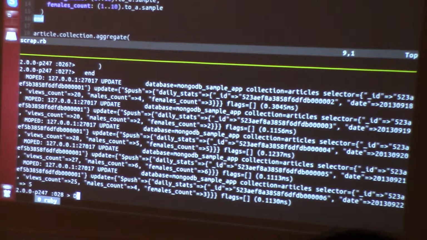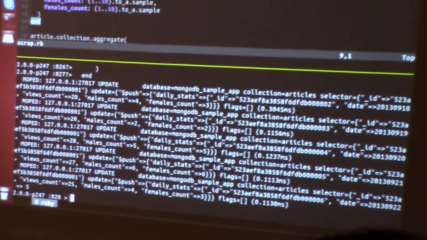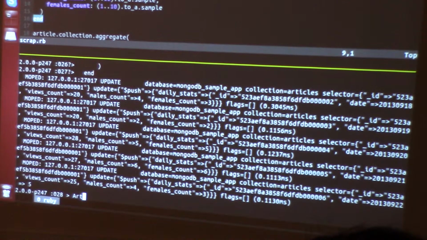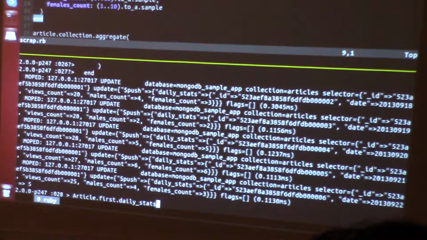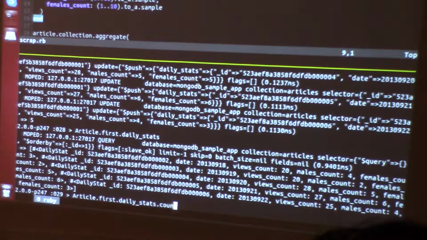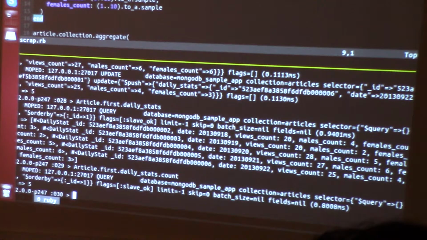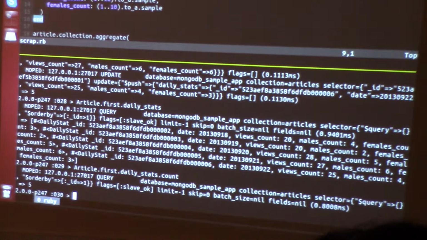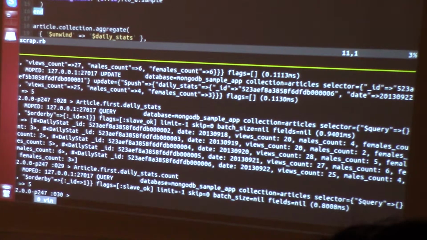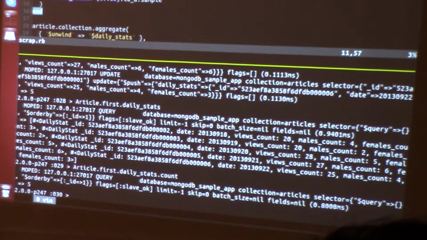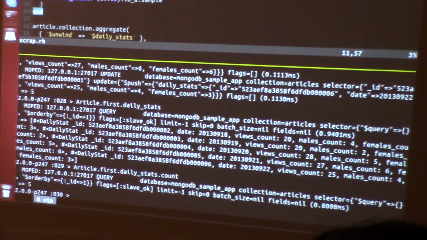So now, our daily stats is embedded in articles, right? So to access this, I will go article first, daily. So again, like AR, right? Active record, daily stats. Count. I got 5, right? And each one is on a different date. Why? Because my date format is actually like this, and I'm increasing it +1 on each iteration